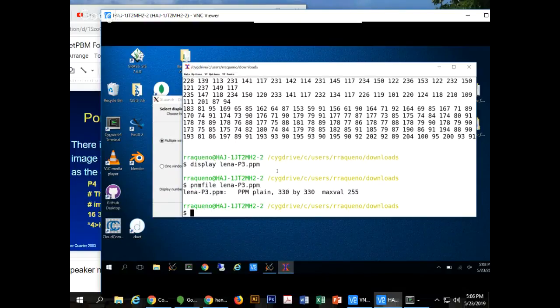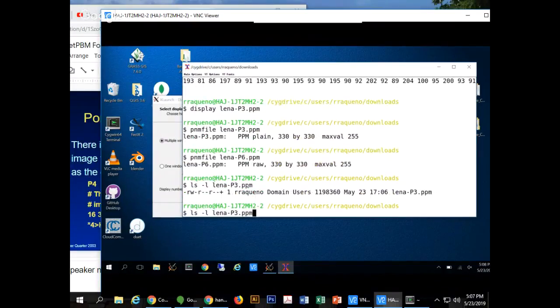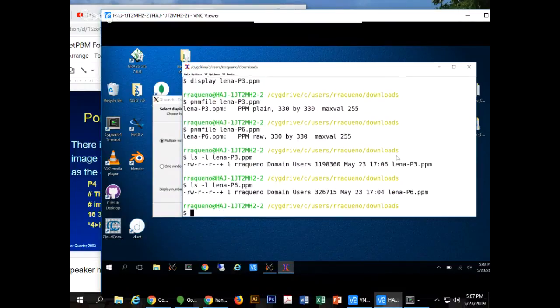Right. So you can see that it's plain. That means it's just text data. If we look at the P6, the other form, it'll tell you that it's raw. If we actually check the size of the two files, you'll see that this ASCII form is significantly larger than the other one, and that's why you typically will